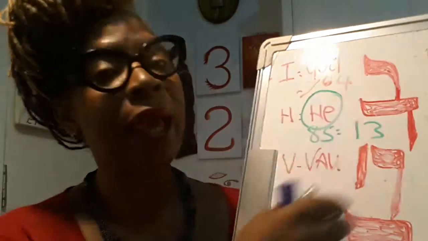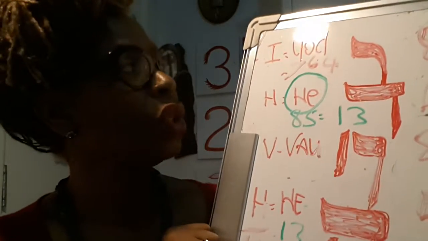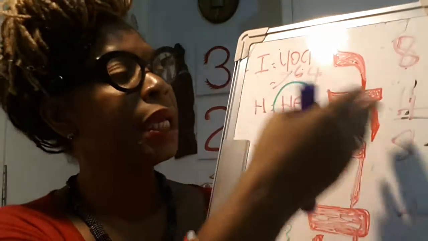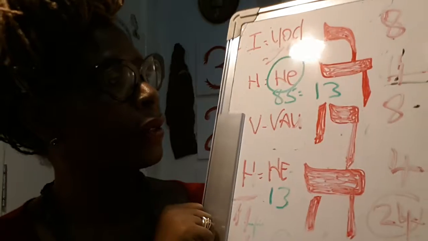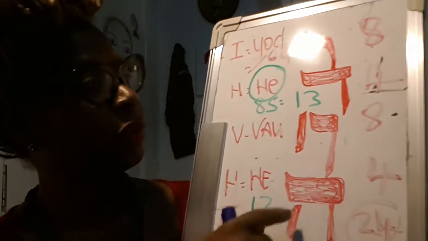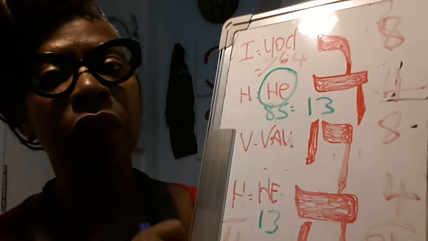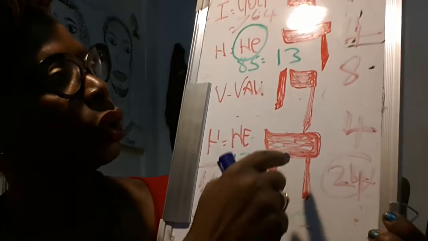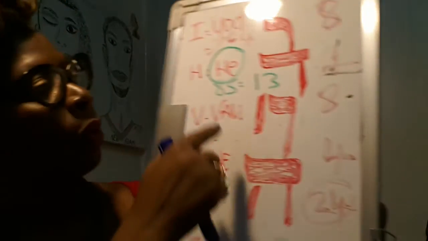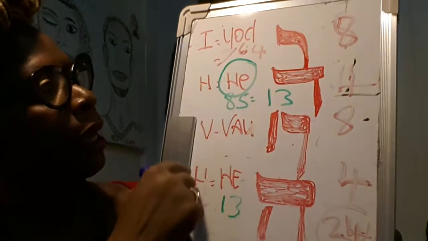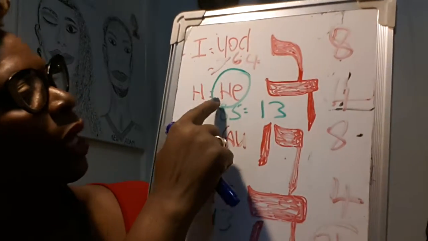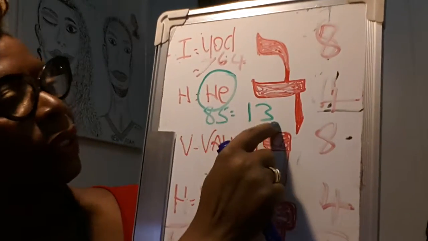And hence, here in this illustration, we can see that the same is true in numerical value for this name of God in Judaism. So I have done a couple of videos really showing this. I just thought I would do a short video to really show again how everything is interrelated. We have had, from adding these numbers here, or the word of God rather, this HE, which equals 13 as here.